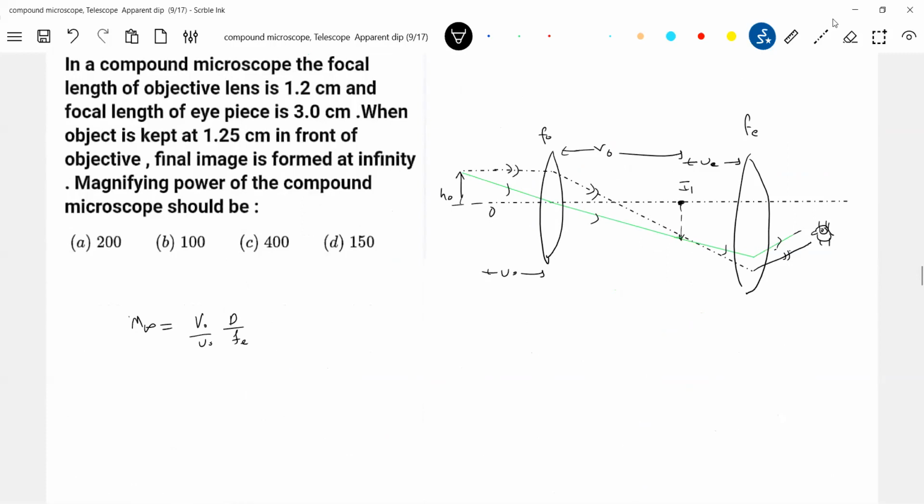What we know: fe, we know D, and we know u0. We don't know v0. How to get v0? Can we use this formula, 1 by v0 minus 1 by u0? This we don't know, and u0 is minus 1.25. And what is the focal length f0? 1.2 centimeters. Substitute this, you'll get the value of v0. That value of v0, you put it here, you'll get the required answer. Of course, a negative sign will come; I'm just getting only the magnitude. So in compound microscope,